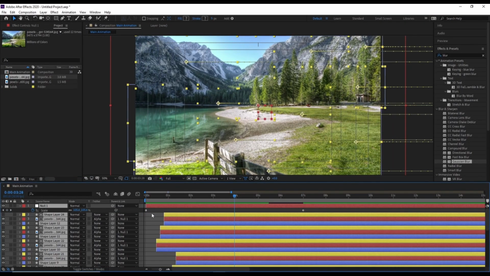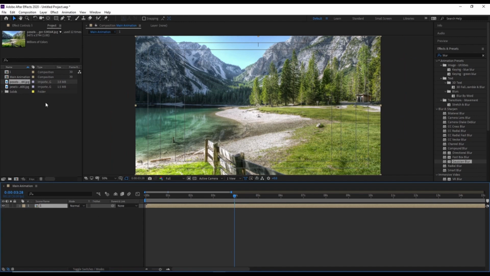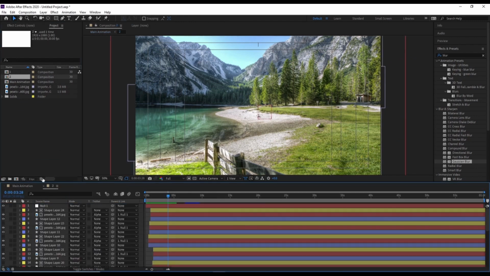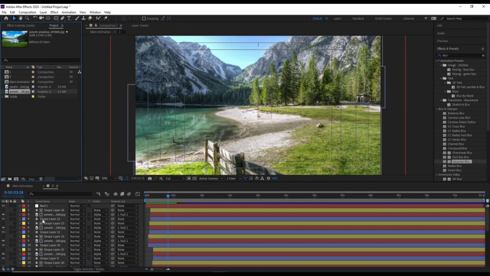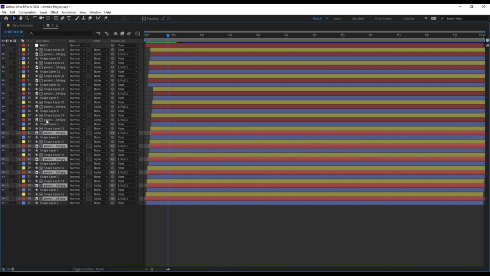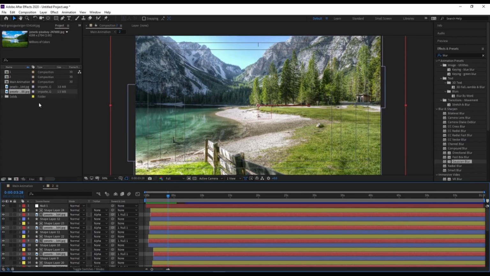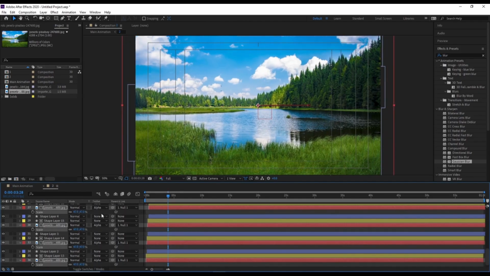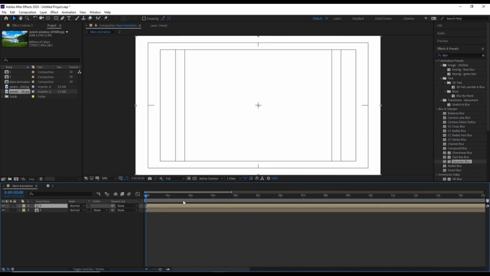Now select all of these layers and press Ctrl Shift C, and let's call it 1. Select this one, hit Ctrl D, and simply bring this over here. Go inside this, select this second layer. Let's maximize this, and by holding Ctrl, we are going to select all the image layers over here. And by holding Alt, I'll replace it. Okay, and press S, and as I said, we need to increase the size of this image. Then let's hide this,